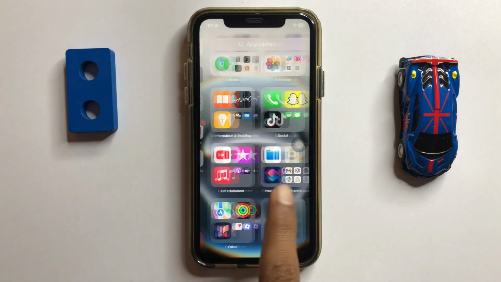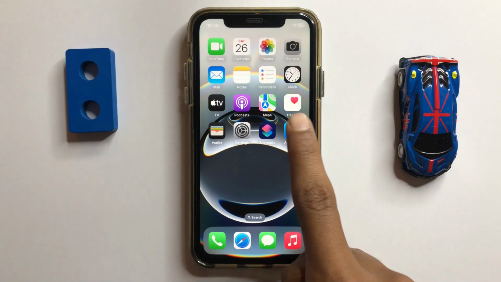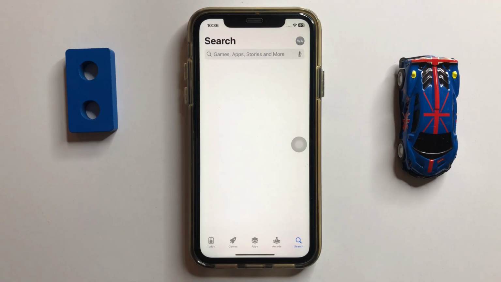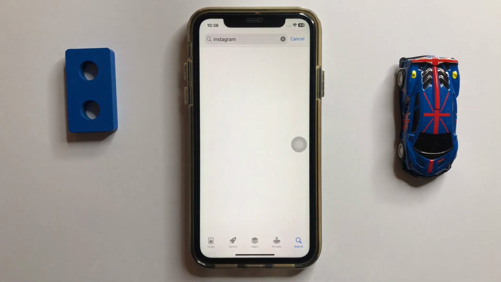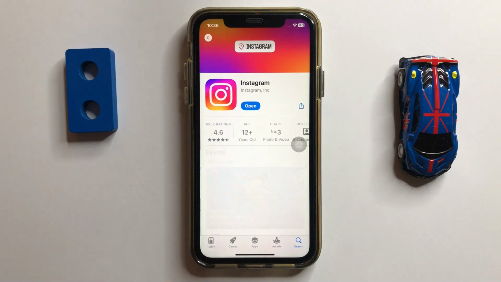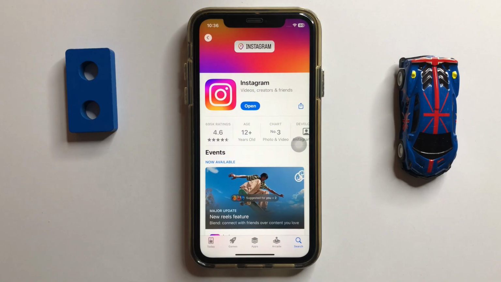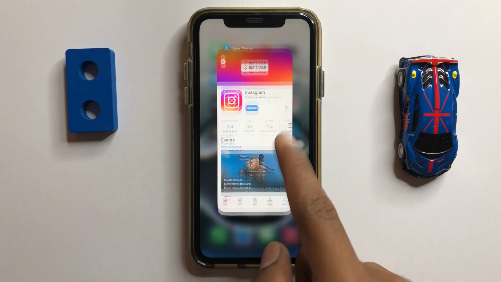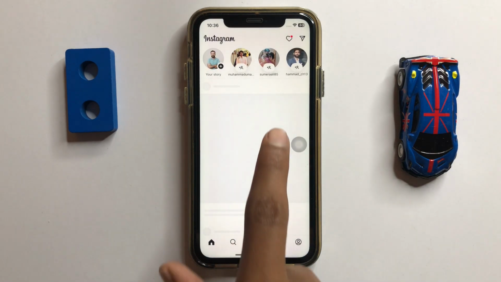First of all, if you want to fix this problem, then firstly open your App Store and then search here Instagram. Make sure you update your Instagram. If you can't update your Instagram, then firstly update your Instagram. After updating your Instagram, go back to your home screen and open your Instagram, and then go to your